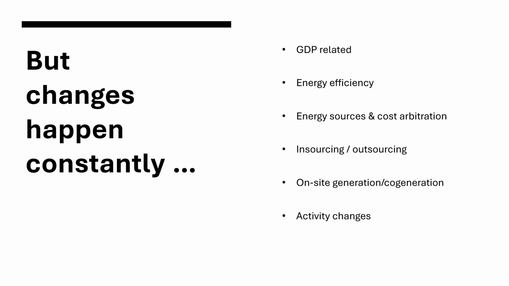And then there is a very important strategy that sometimes happens in a given situation, which is, for example, in an industrial plant, insourcing or outsourcing. This potentially changes dramatically the amount of energy consumed and even the kilowatt demand required. Perhaps they will come up with on-site generation or cogeneration, and this also will affect the ongoing energy profile as seen from the local utility's perspective.